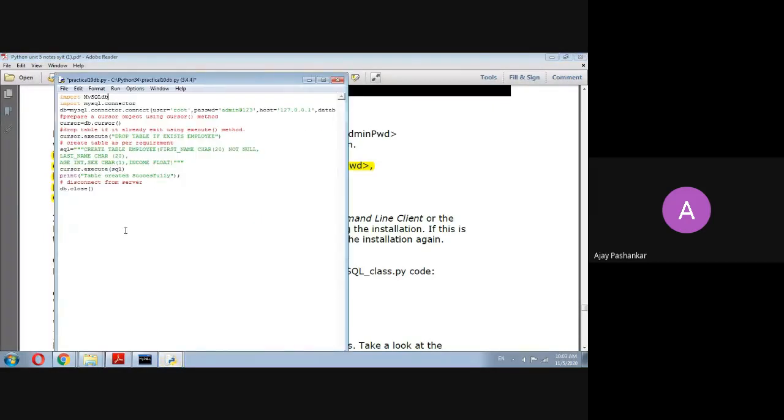Whatever you are using, my M is capital: import MySQLdb as MySQL. I'm just saving this.